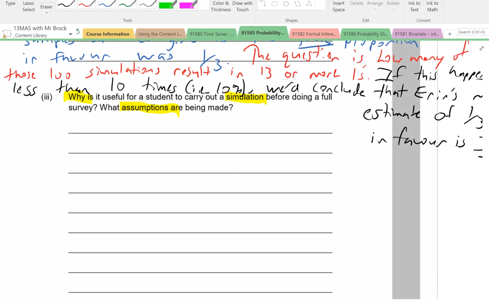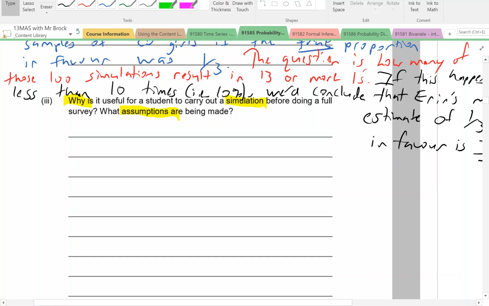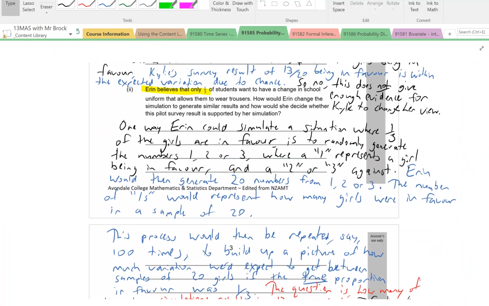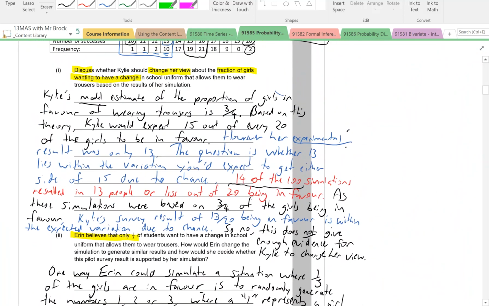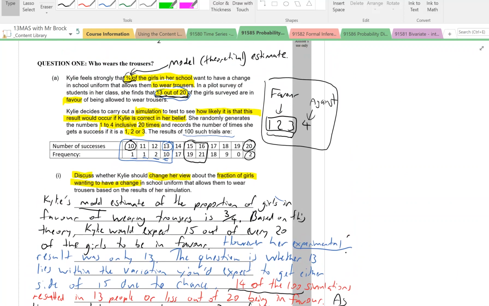So this question is really hitting on the whole purpose of a simulation. So why do a simulation? So she's got a pilot survey. Does she need to go on and do a full survey, or has she already got enough evidence to answer her question? Remember, what's her question? Her question is: is 3 in 4 a realistic estimate of the percentage in favour based on her finding of 13 out of 20 in her pilot survey